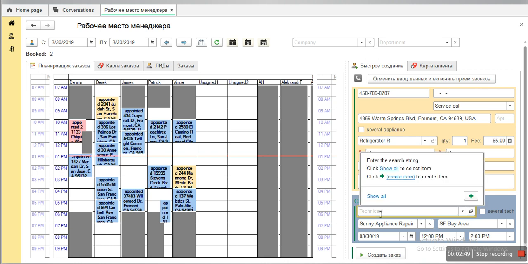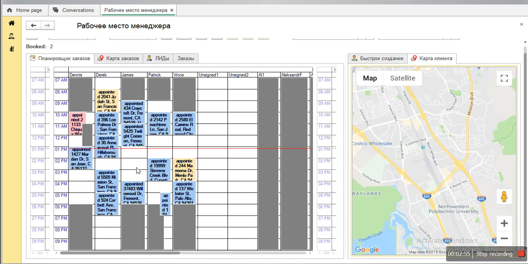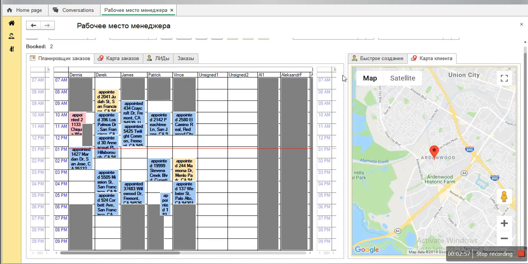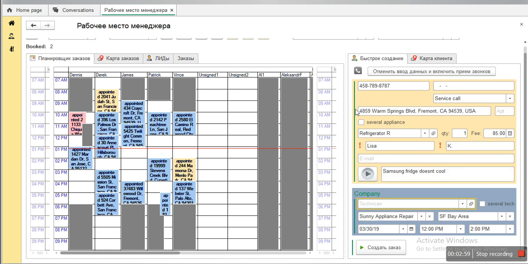So we choose a technician. So it's Fremont, and I know that James goes to Fremont. And if you see, he has a window today between 1 and 4. So he has a 3-hour window. So I can suggest to the customer, if he wants, she in this case, today, between 1 and 3, for example. I picked James, I picked the time, I picked the date, and then here is